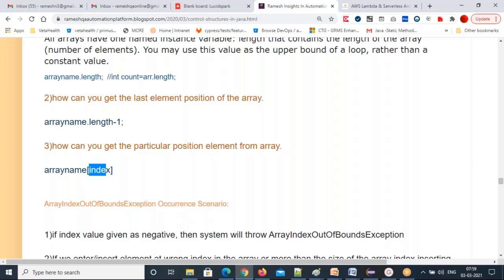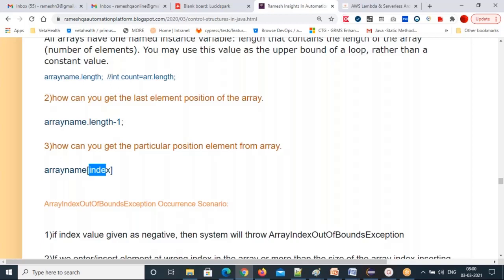So what is the purpose of array? Why can't you use a variable? Why are you using an array? Array is a group of objects you can take inside. A variable also stores data, right? Only one value, sir. In a variable you can store only a single value, not more than one at a time. But in an array you can store multiple values at a time, similar data type elements. That's the advantage of array.